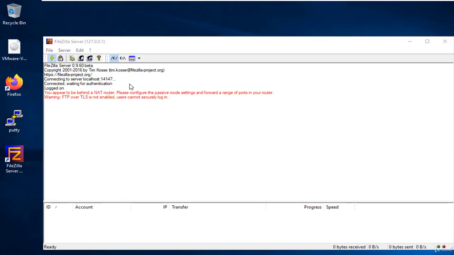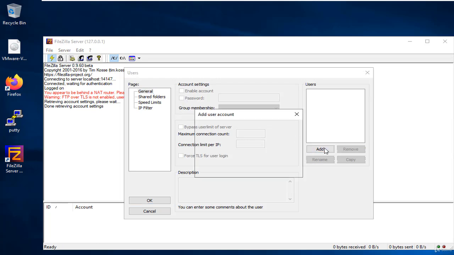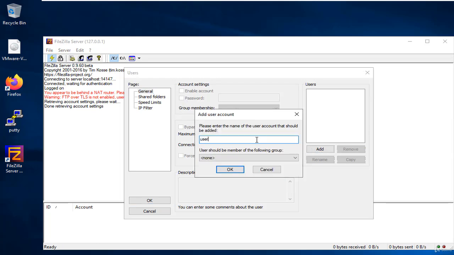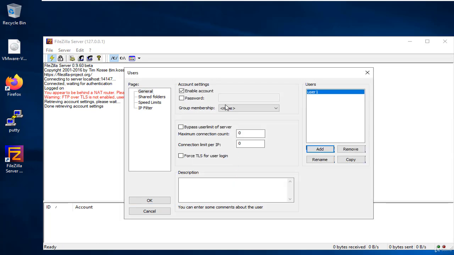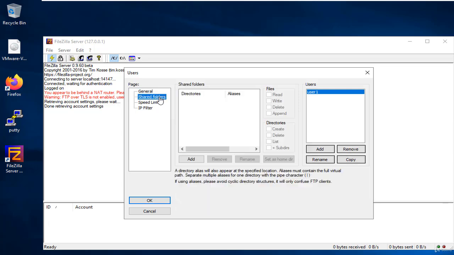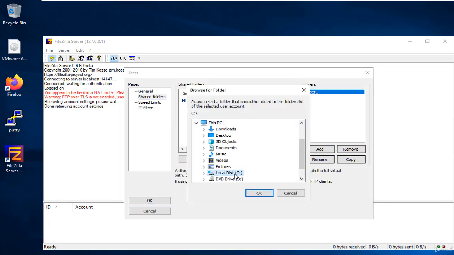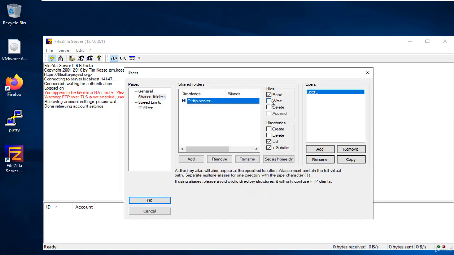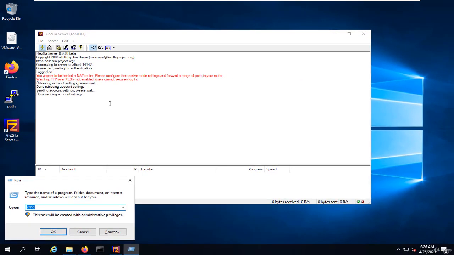So we'll say user, and here I'm going to say user1, and we'll say OK, and here is the password, and we'll use the share folder here. Again we'll say add, we'll say C and FTP server, and we'll check all these checkboxes to let the user have full write access to this path. So okay, here we'll say